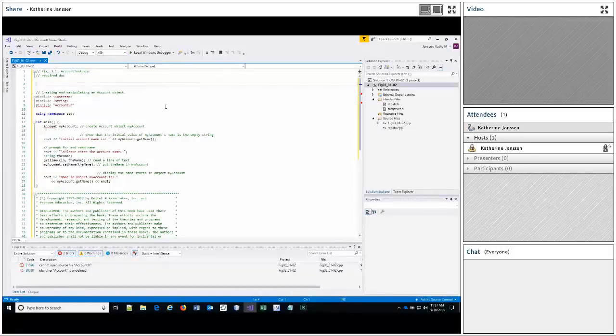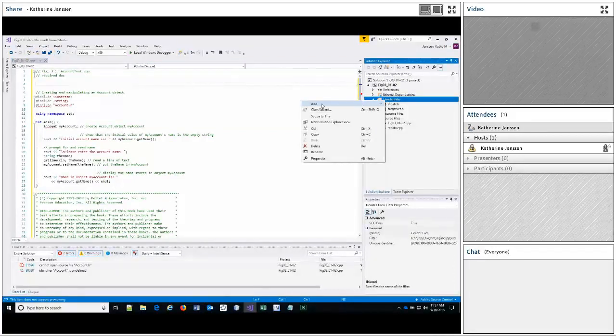Next, we have to include the header file that defines the class object, its data members, and its behaviors, its member functions. And I want to include that in the header files. It is a header definition. So I'm going to right-click and add